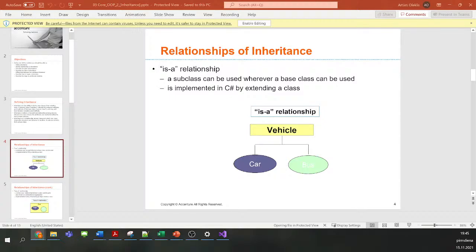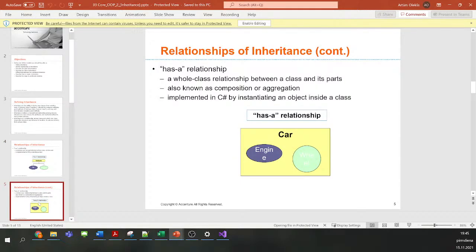So okay, we are approaching the end, but let's maybe go through some more slides. Relationship of inheritance, "has a" relationship. I won't say that this is really inheritance; this is just, I would say, the membership.